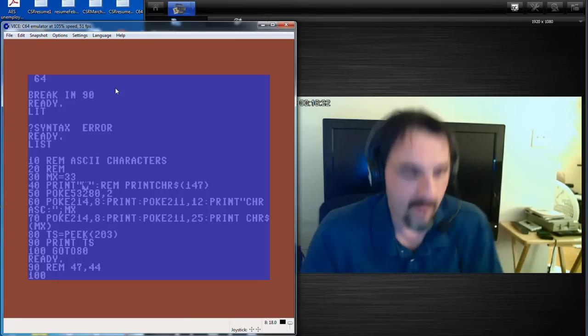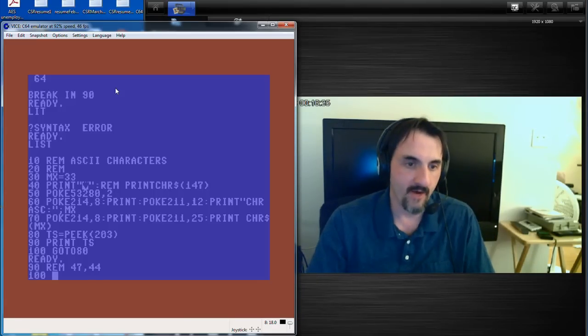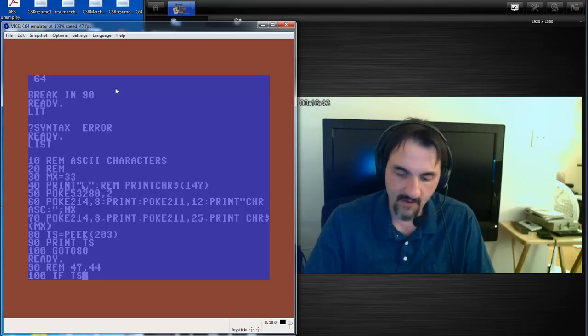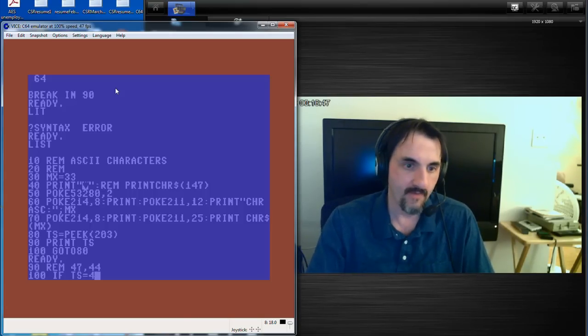Okay, so we're going to access those characters in memory now. Remember, we peeked into them right here so we know which key we're pressing. We're going to set a condition that says if T S, because it's already peeked into the location, is equal to 47, which means we pressed that less than key, then I'm going to increment the value of our M X so we can see the next character in memory. So M X